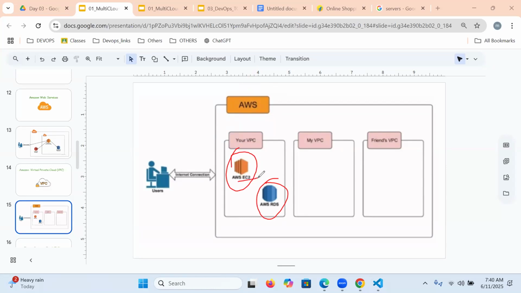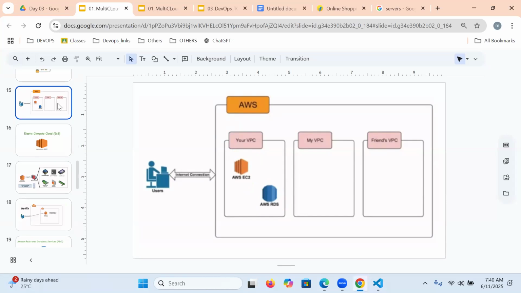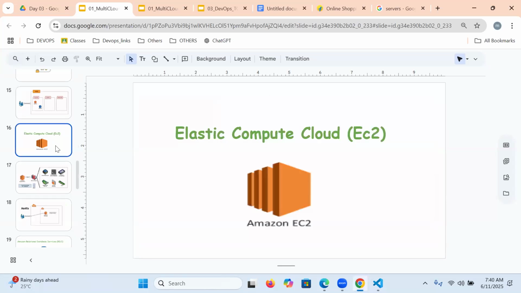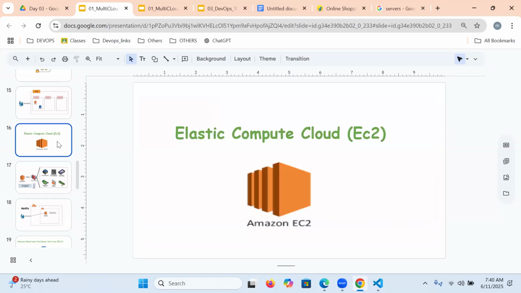In AWS, we call the server EC2. The database is called RDS. And once it is created and we have the resources, who can access, who can be accessed, we are going to write rules and regulations. Once the network is created, on top of it we are going to create a server. A server is just like your laptop. Whichever components are available in your laptop, the same components we are using in our server also.